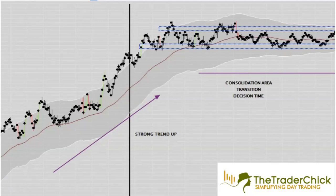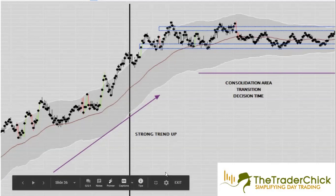Consolidation areas, indecision areas, these transition areas, this is when you have to know to sit out. You have to know when to sit on your hands. So I'm going to explain to you what happens during these consolidation areas. And the thing is,